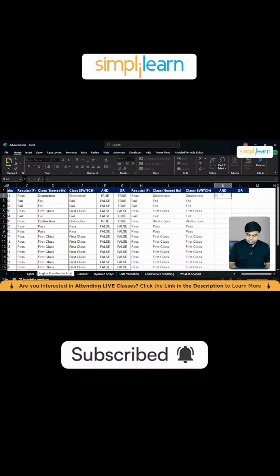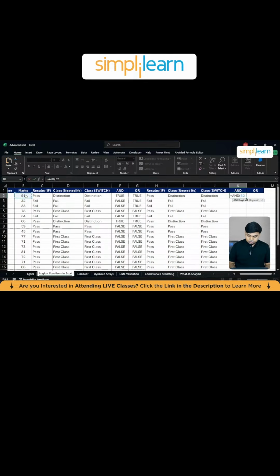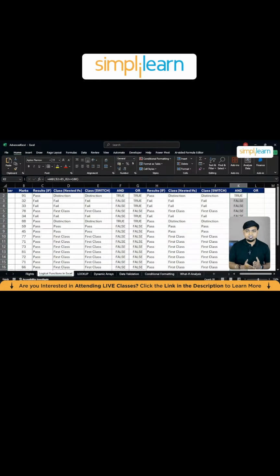Equals to, and there you go. And the logical function is: cell B2 should be greater than 85 and cell B2 should be less than or equal to 100. If this is true, then I have the candidates who are having marks greater than 85, only the distinction candidates. Similarly, let's say I wanted to find out only the candidates who are having first class